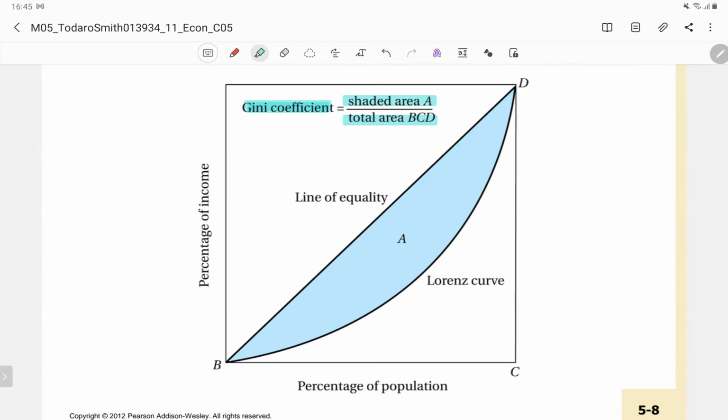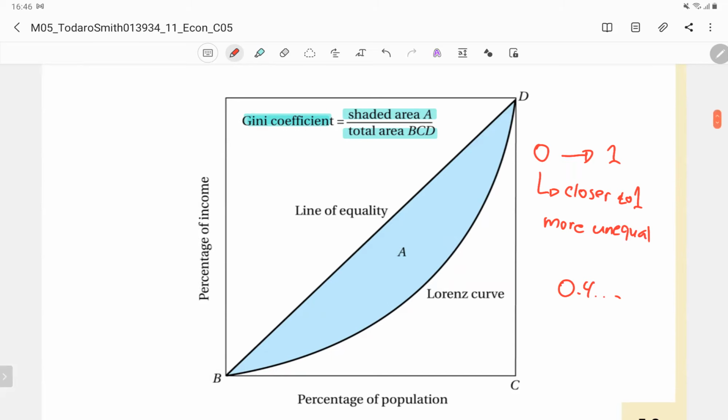That's the Gini coefficient. The Gini coefficient ranges from 0 to 1. And the closer it is to 1, the more unequal. So closer to 1, more unequal. Okay, I think Indonesia is currently at 0.4 something, if I'm not mistaken, because I haven't checked again. Okay,